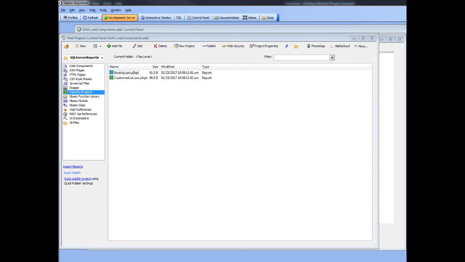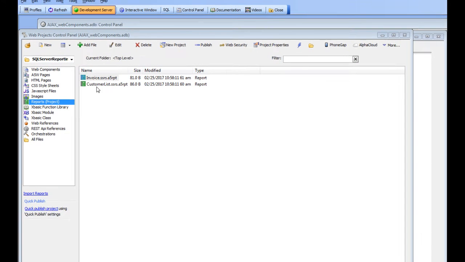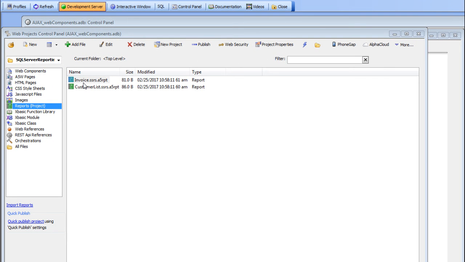In this video, we'll discuss how you can use reports from SQL Server Reporting Services that require input parameters when the report is printed. In a previous video, we showed how we were able to link reports from SQL Server Reporting Services and add them to an Alpha Anywhere web project. You can see here we have two reports that are linked, and this report, invoice.ssrs,